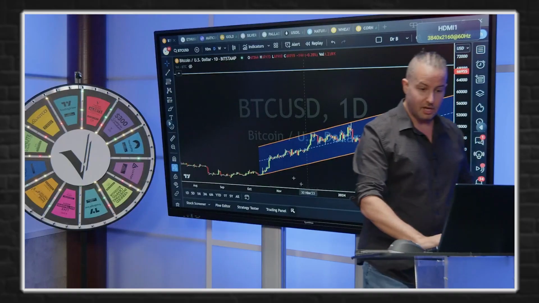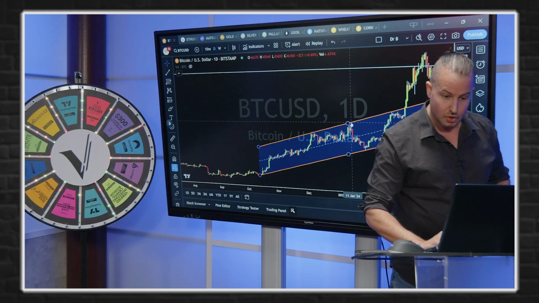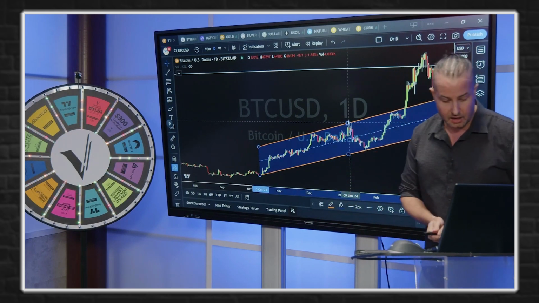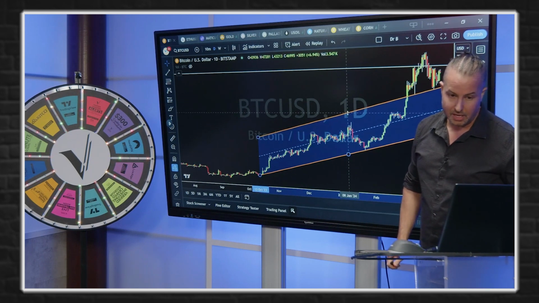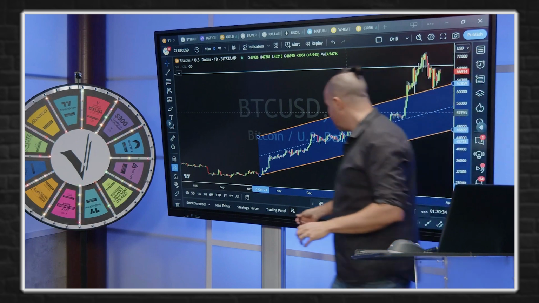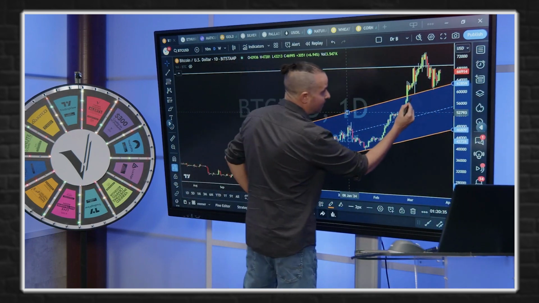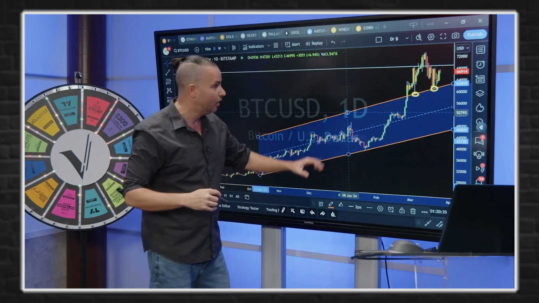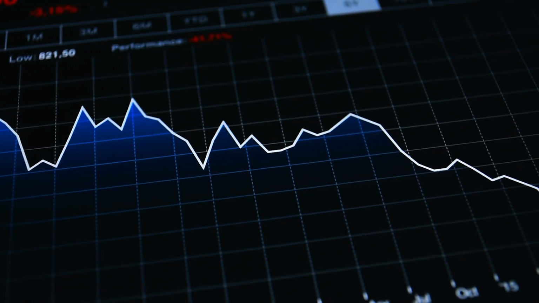Well, what if we do this? Let's go back here and let's draw. What if we drag and watch the chart here? What if we drag the parallel up? What do we get? Do you guys see this? If we just move that parallel up, look at how the market then put this low here and this low here from just a few days ago. That is perfectly aligned with the parallel.